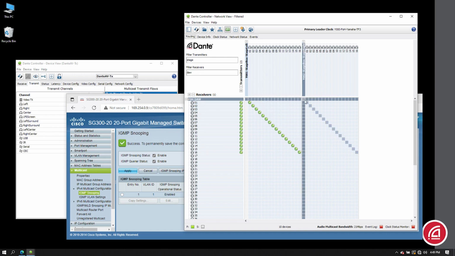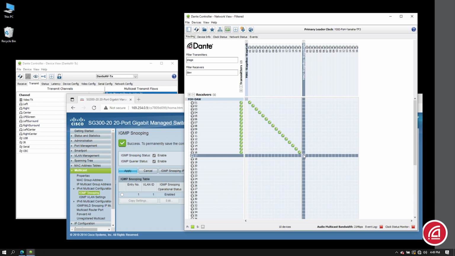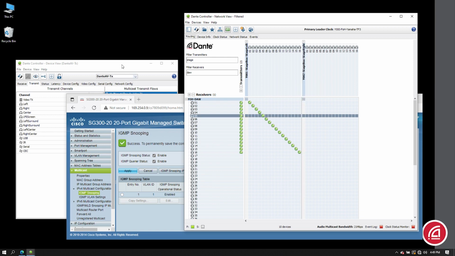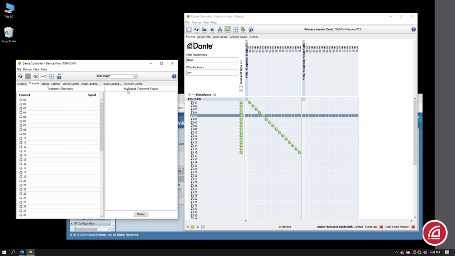I mean, if I come to the top, I'll get a diagonal route, but it will overwrite the patches from the first stage box. We need these channels to start the diagonal route from channel 1 to 17, 2 to 18, and so on. I could click at each intersection one at a time, but there is a simpler way.